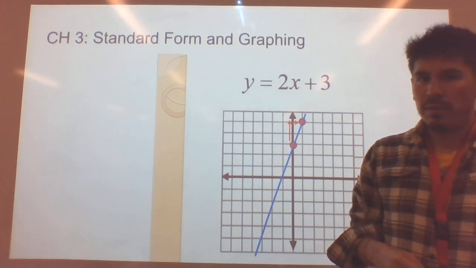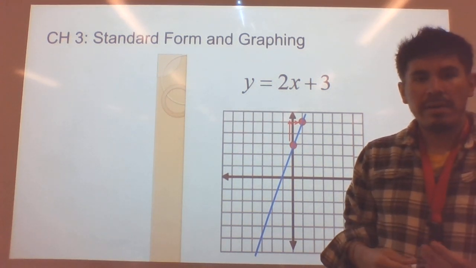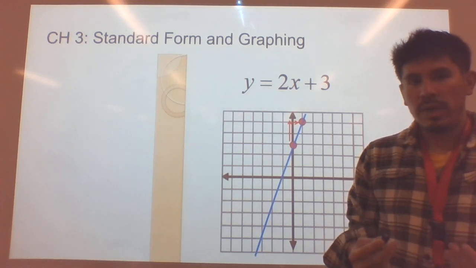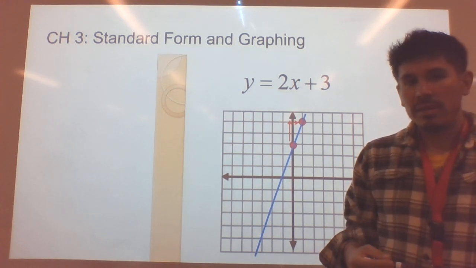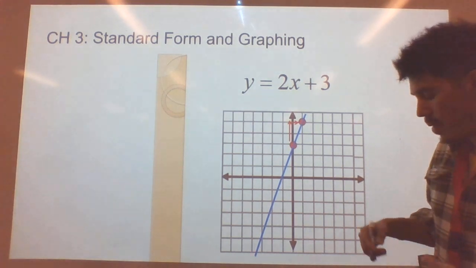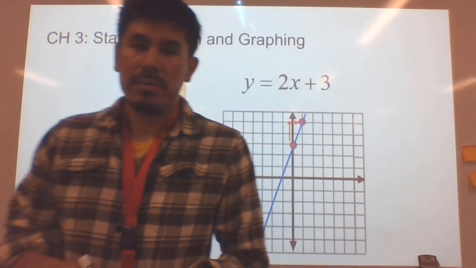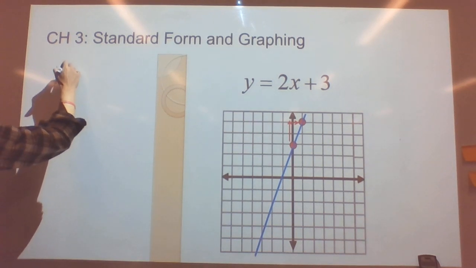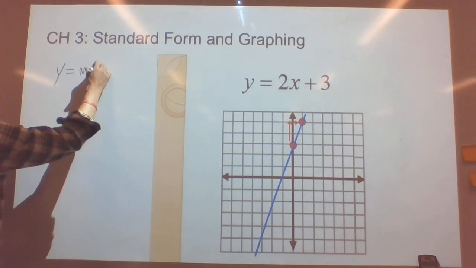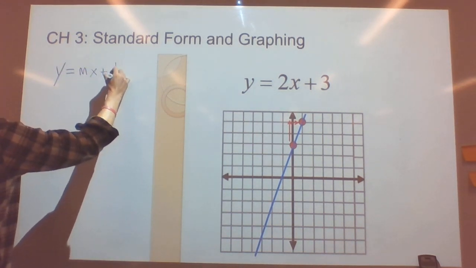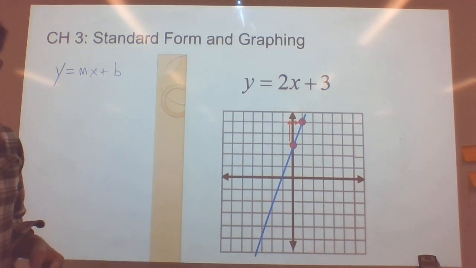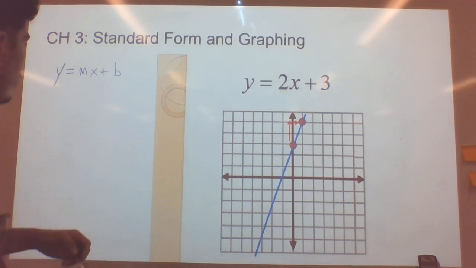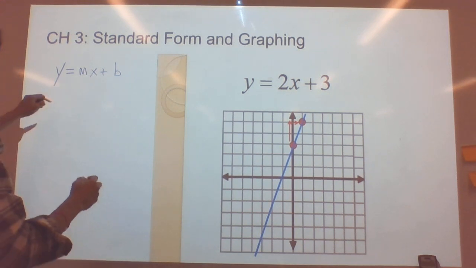Welcome back. Today we're going to review how to graph when given an equation in slope-intercept form. As we review from the last section, remember that when we have an equation in slope-intercept form, the m is going to be my slope,